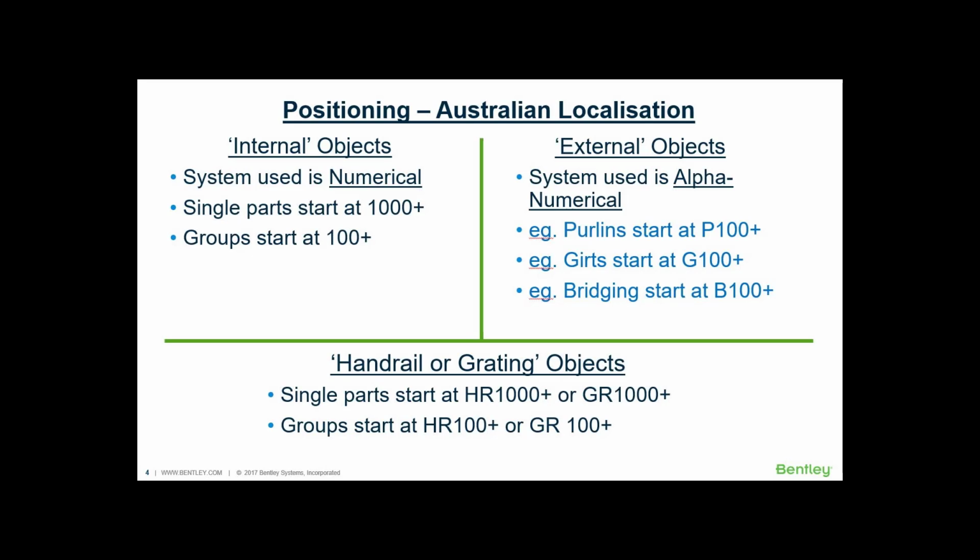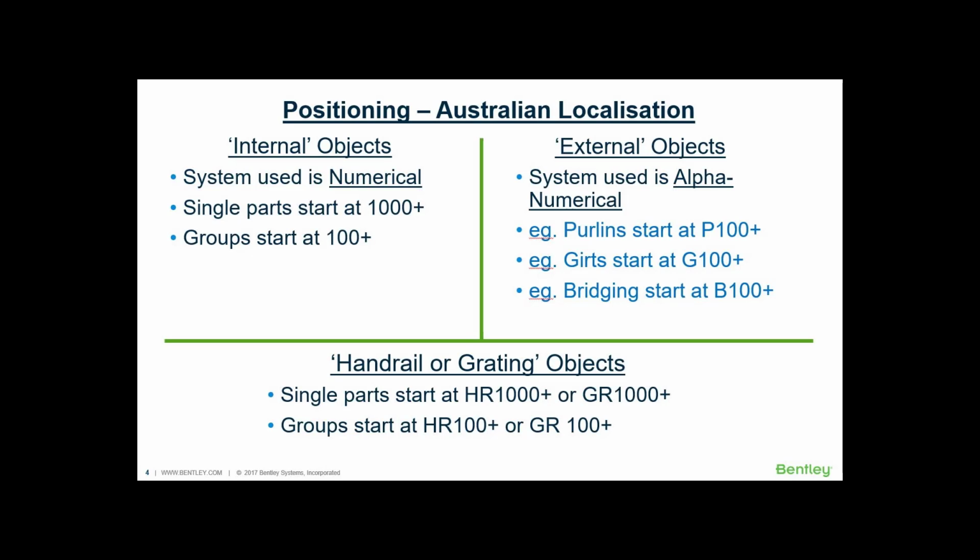All right. As far as the external objects go, I do break this down into alphanumerical. So my purlins will start at P for purlin 100, G for girt 100, and bridging B100. Now, what that means is when this all goes to site, the rigger who has never seen this job before